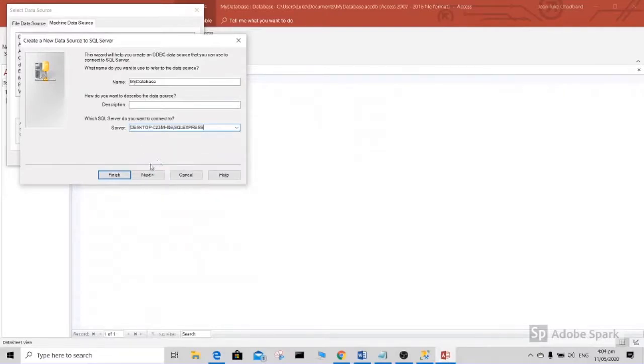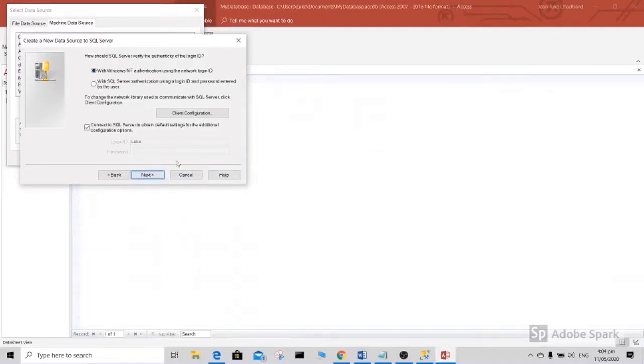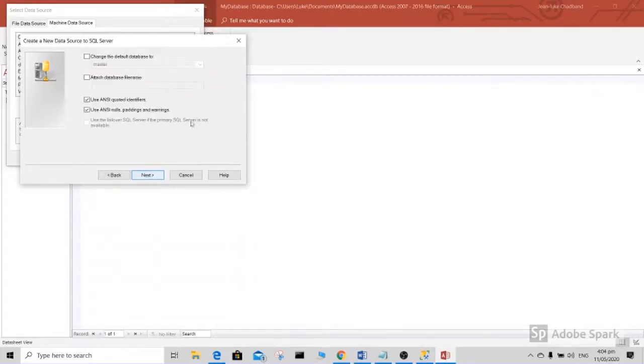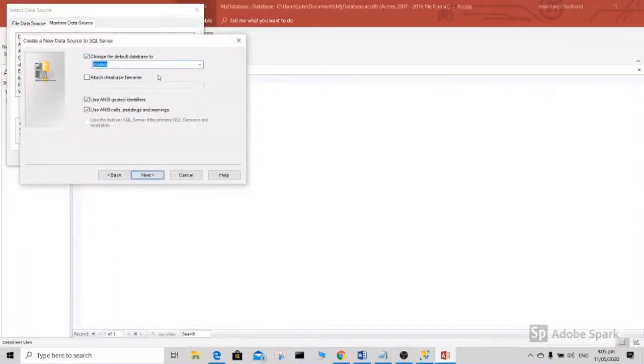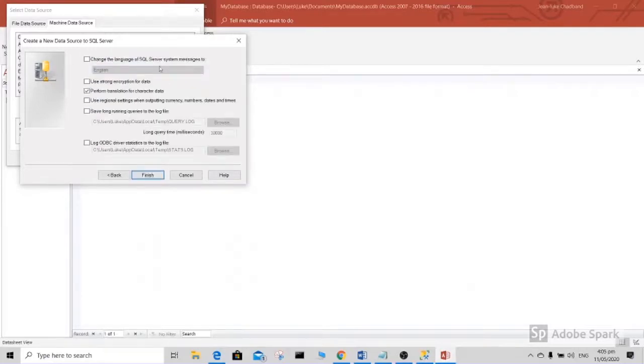After you have pasted the name, you just hit Next. You're not making any changes, so you hit Next again. What you need to do is change the default database, and my database was Assignment 1. I don't know what you would have named it. As you can see, if you go back, Assignment 1. So I'm switching it to Assignment 1, hit Next, hit Finish now,